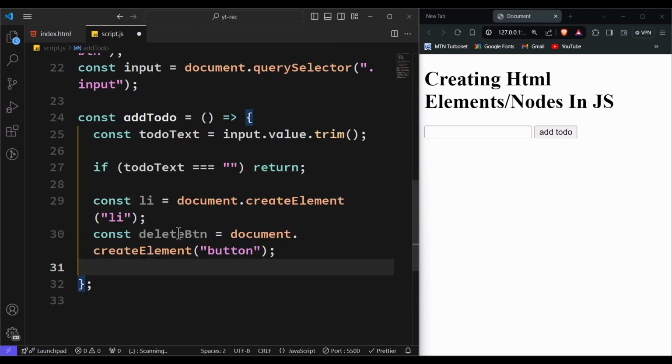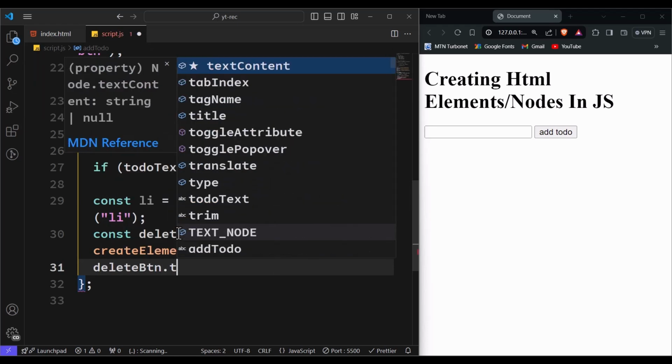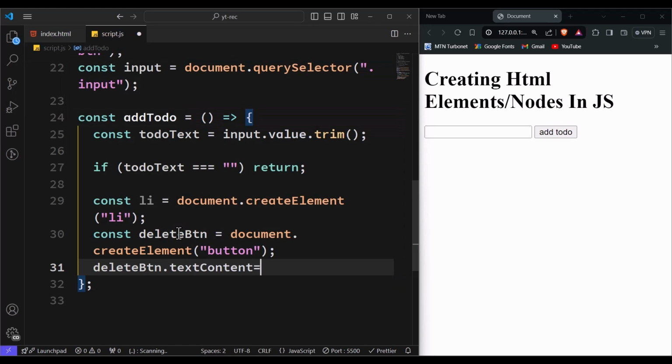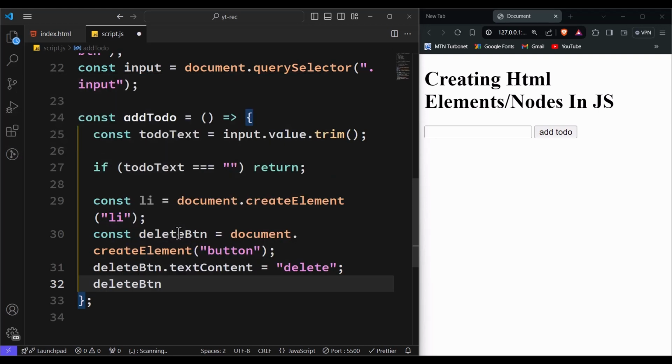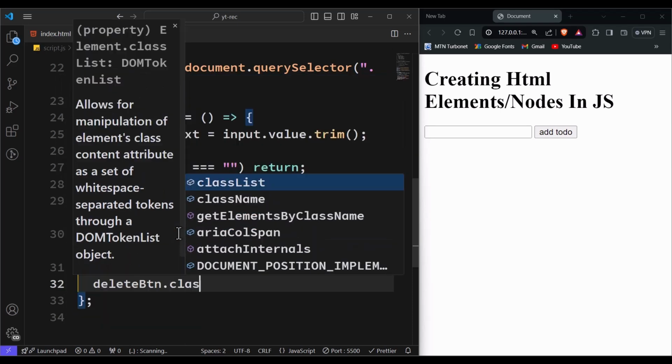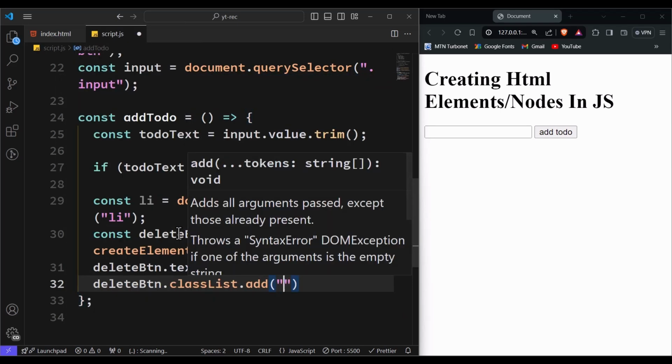So here we are creating a button, and then I'll set the text content. So I'll just say deleteBtn dot textContent and set it to Delete. So that will be the content of the button, and then I'll add a class of, let's say, delete button. So I'll just say deleteBtn dot classList dot add,